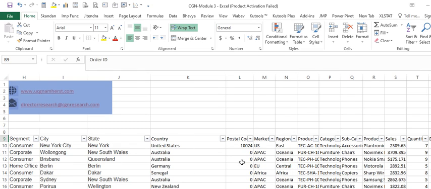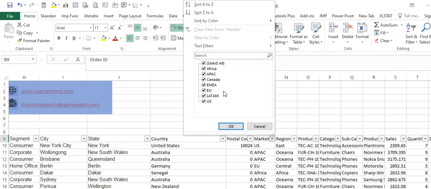And then of course the country where the customer belongs is in this column. You would have the postal codes, and then you are also trying to look at the markets. What are the markets in which we have customers? In this data set, we have Africa, APAC, the Asia Pacific region, Canada, and then the EMEA, the EU, the LATAM, and then the USA.